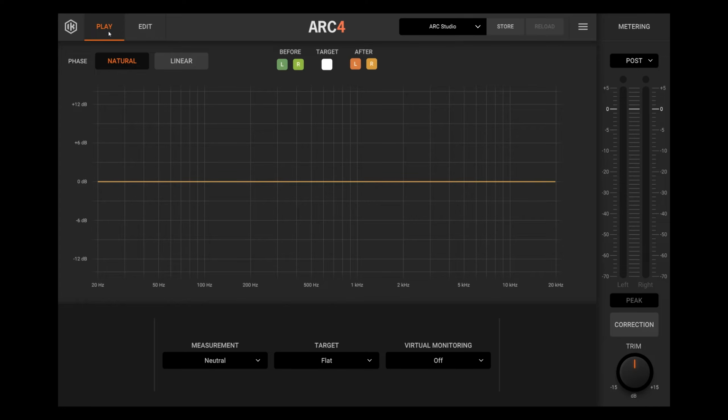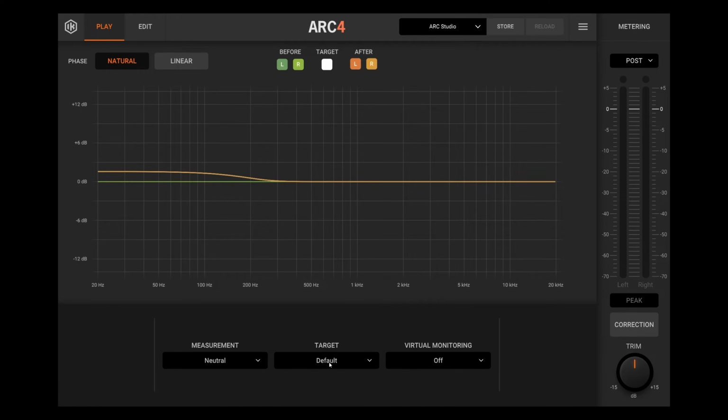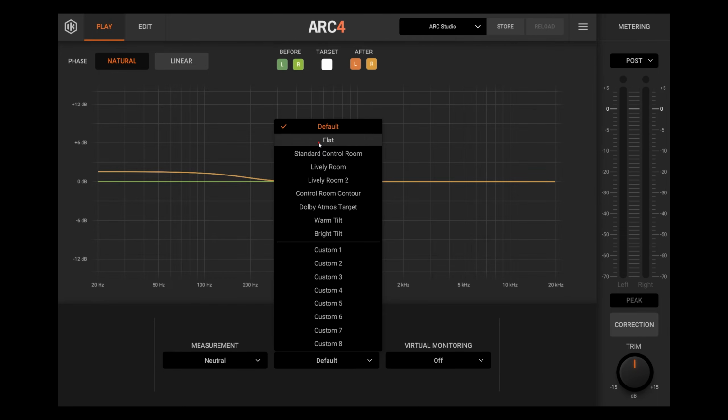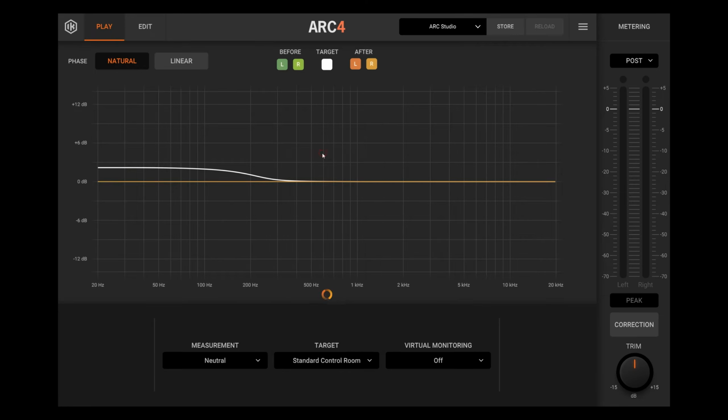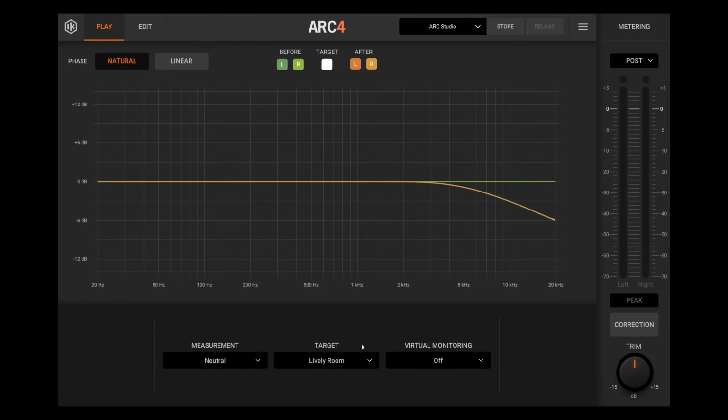If we're in the play mode, though, we can also go down to the target menu here, and we can have different presets that are kind of ready to go. We have default, which gives a little low shelf EQ of a couple dB from about 200 hertz and down. We could have it perfectly flat. We can have one called standard control room, lively room, and you can see the curves that it's applying to the finished product. Lively room 2, control room contour, Dolby Atmos target, warm tilt, bright tilt,